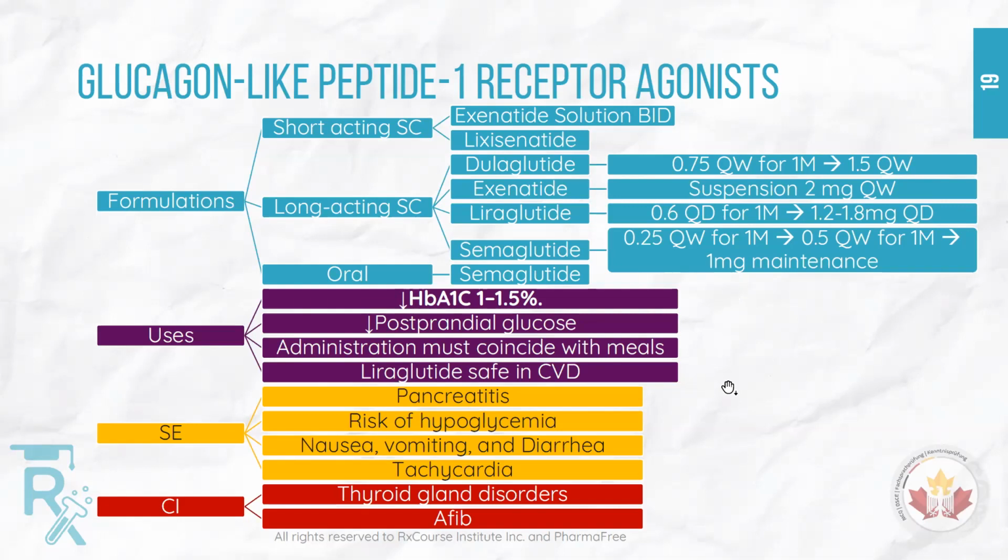Yeah, semaglutide is oral, yes. It's available as oral and injection. The one to be taken with a meal is exenatide, and it has 2 strengths. One of them is very low strength, 5 microgram, and it's taken twice daily before meals. And the other one is high strength, 5 milligram, and it's taken once weekly. Okay, also glucagon-like peptide is avoided in